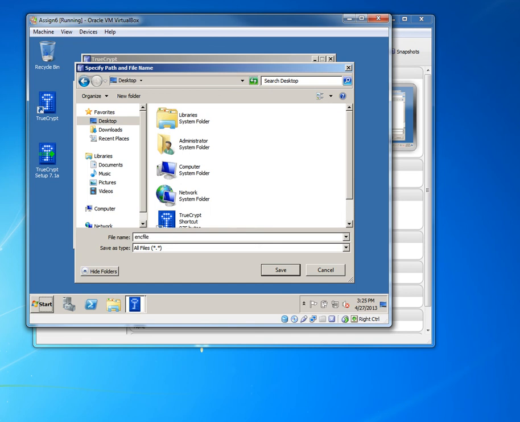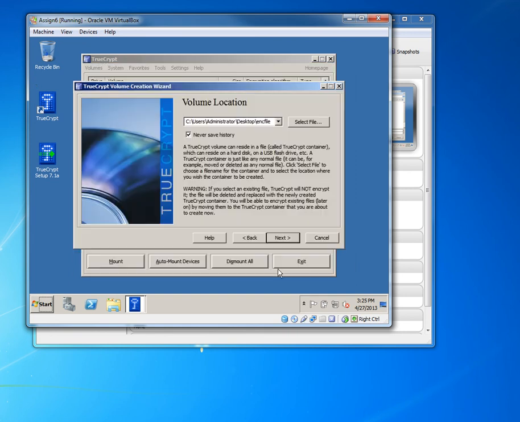You probably don't want to name it encrypted file so that it is somewhat hidden, but basically you can name it whatever you want to. You do not have to put an extension on it. It does not have to have a dot something after the file name. So I'm just going to create that file, hit save,